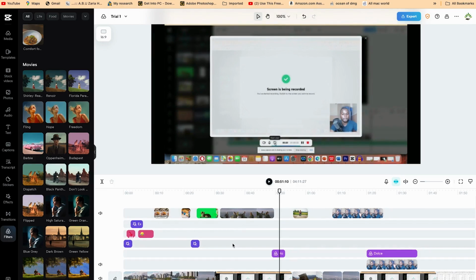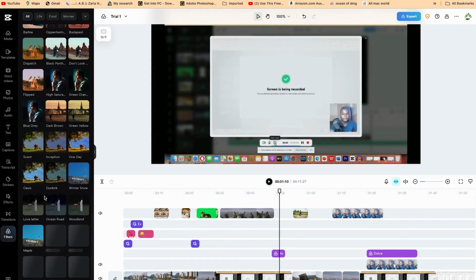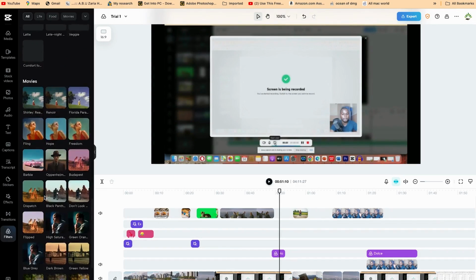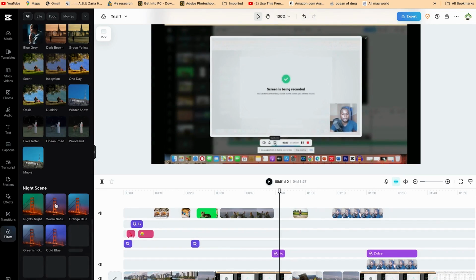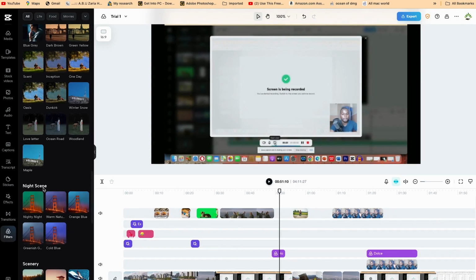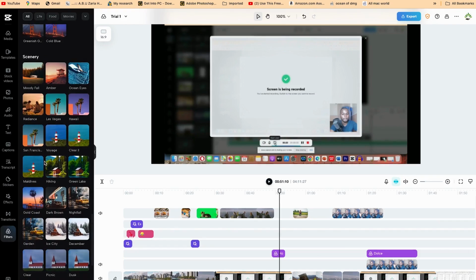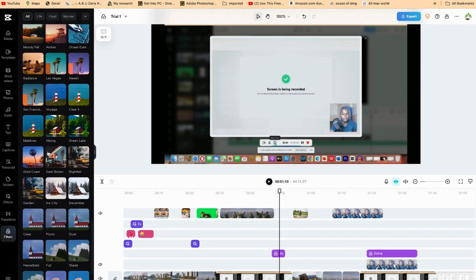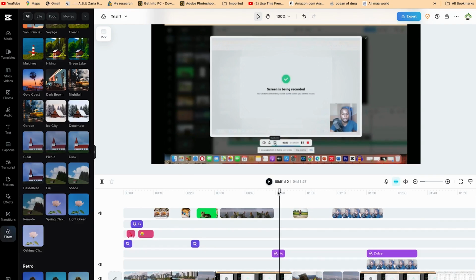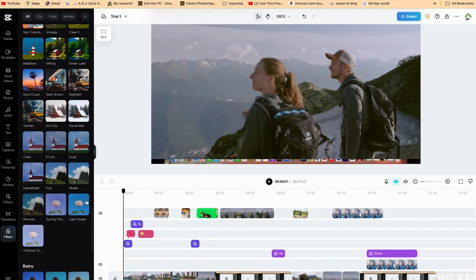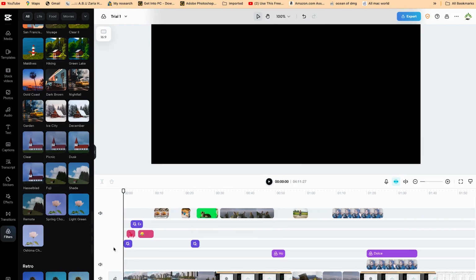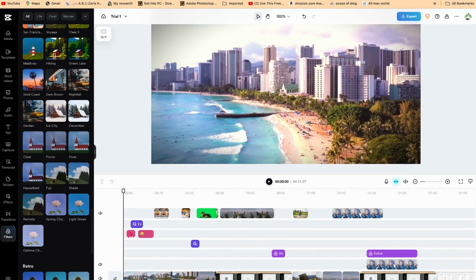So it all boils down to you. Go ahead and give it a try and see how much of the filters you can add to make your videos stand out. These are night scenes, and these are sceneries if you have any. Okay, depending. So for example, in this one that we have a beach, you can come over here and you can add this same effect. For example, when we remove this, we can add this beach effect. You can see